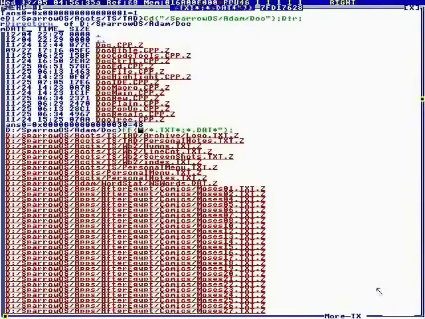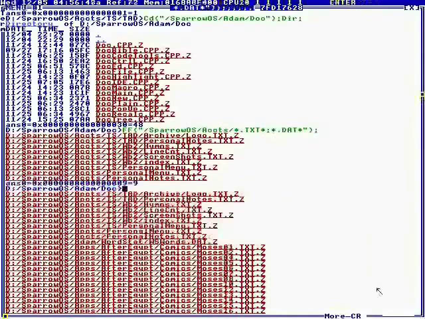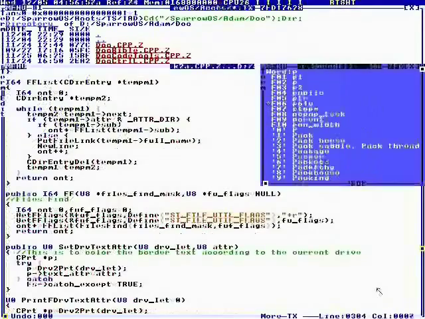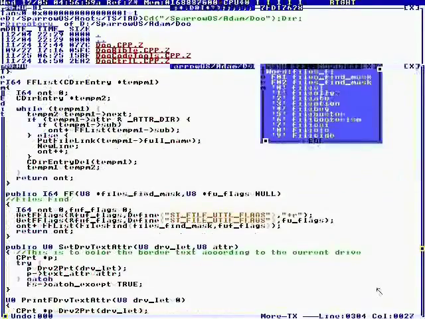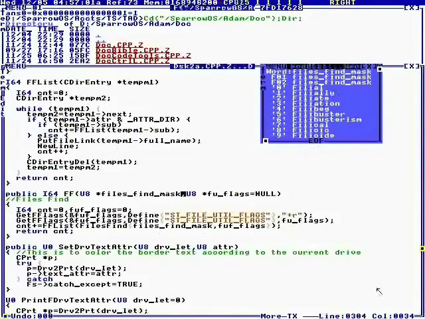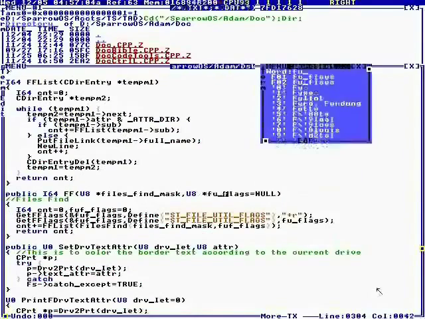If we say SparrowOS /ACCTS /star. Okay, anyway, so now the FF takes a file mask, which is one of those directory and then file type things, and then it also takes